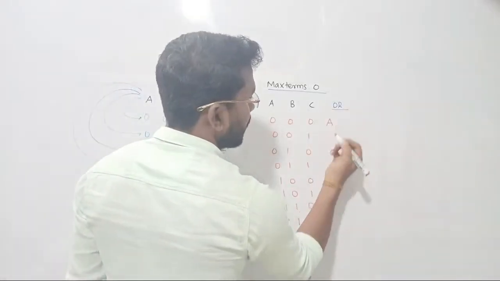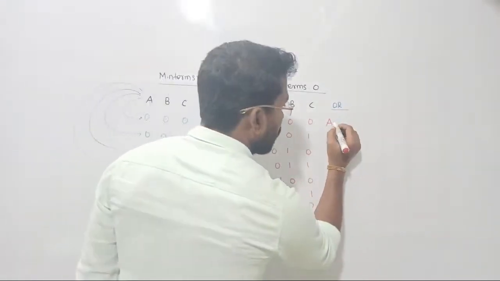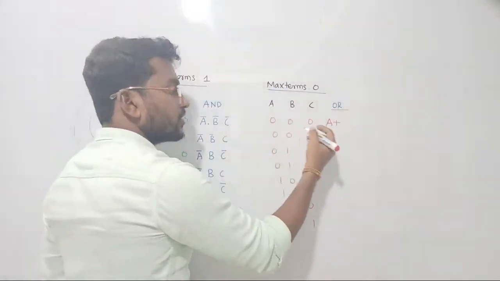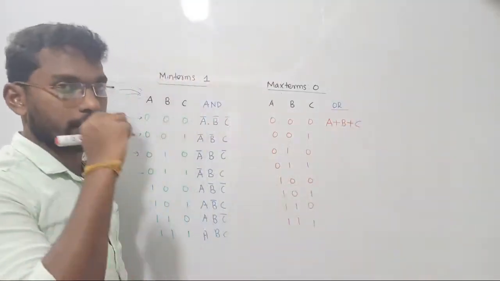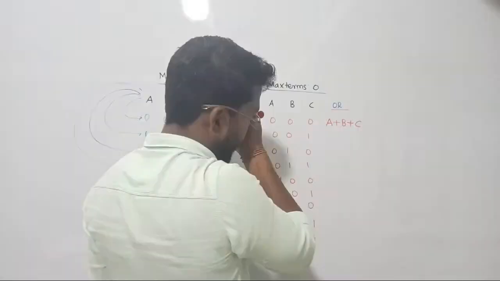Let's continue. Directly we can take A itself, and then we have to perform OR operation, and then B is also having 0. Happily you can consider. C is also having 0. Happily you can consider. Let's continue our journey with this, right? So the next one is